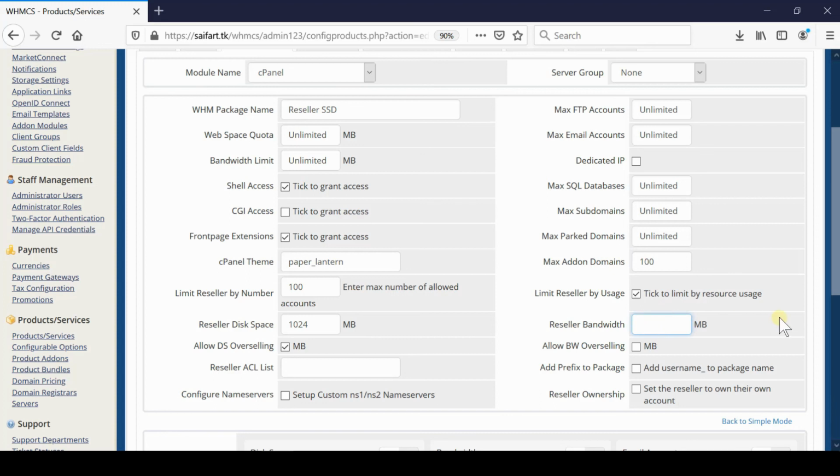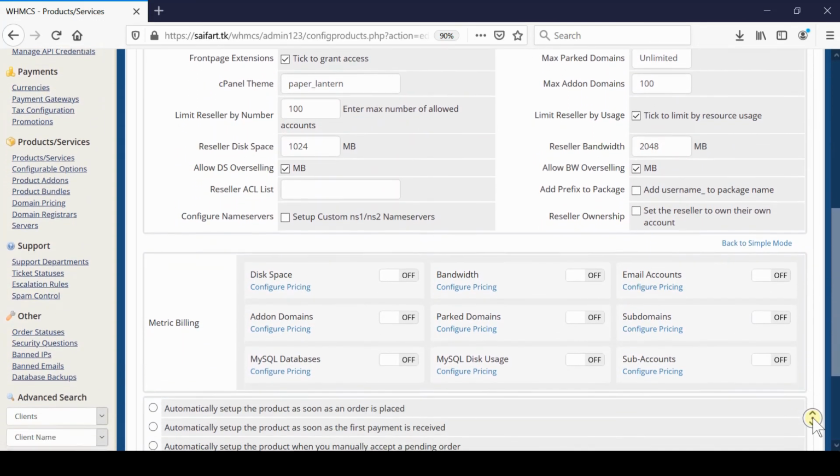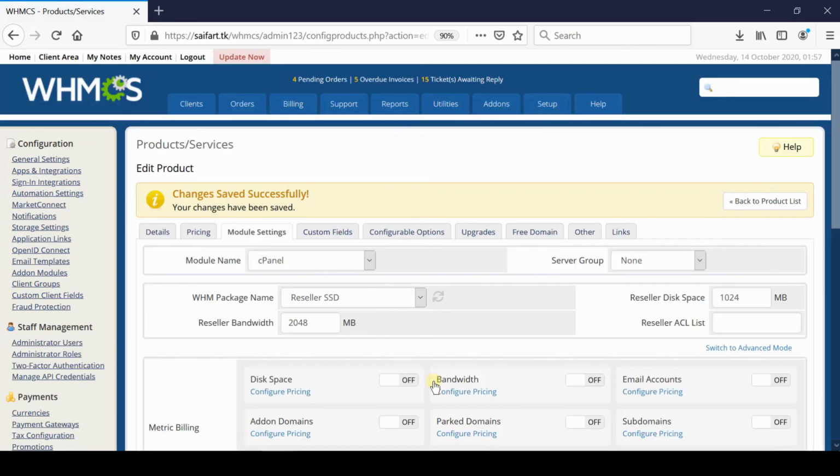Once you have filled up all the information and configuration related to this WHM reseller package, then finally click over the option to automatically set up the product when you manually accept a pending order, so that you can deliver the WHM content manually. If you would like to automate it, then you can simply select the first option. Now finally click over Save Changes. In this way, a new WHM package limit has been assigned for a particular product, that too manually from your